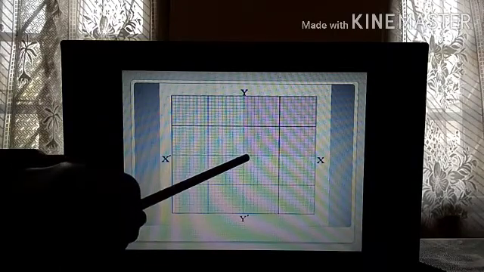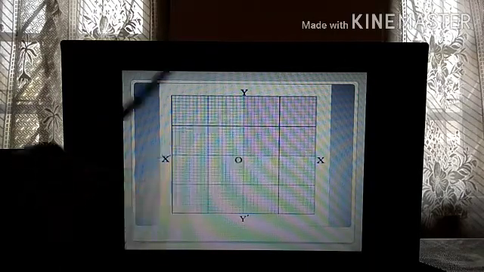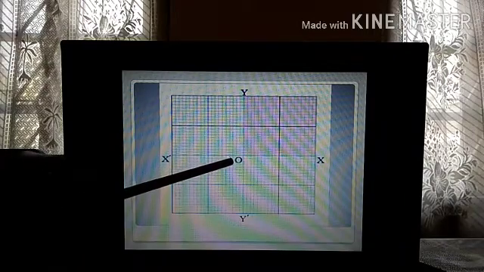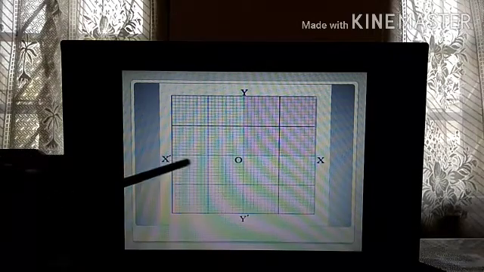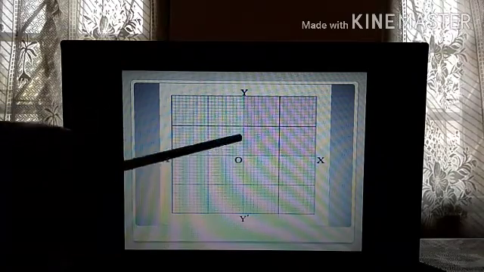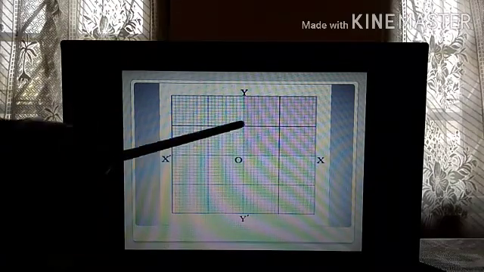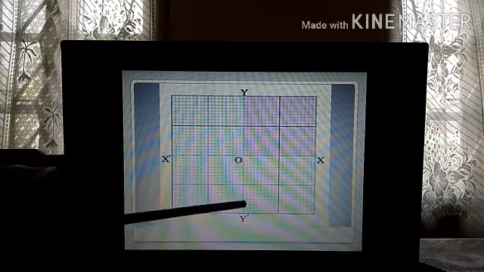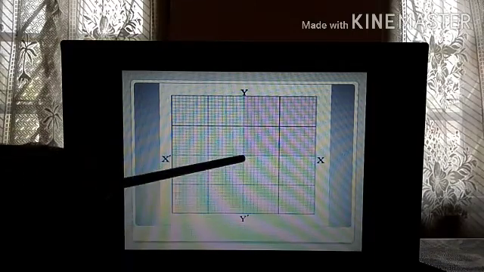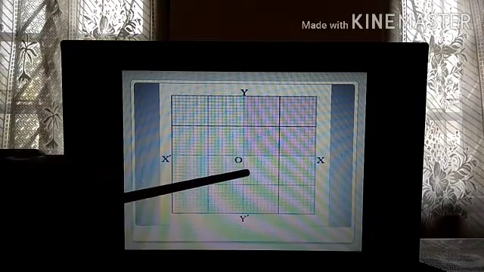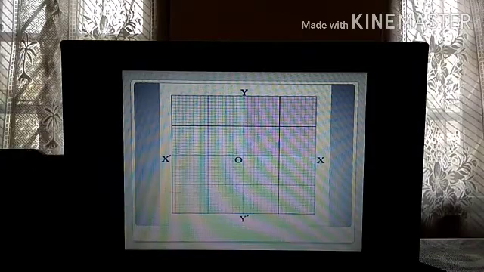That means on this side, suppose you are marking 10, 20, 30, 40. Suppose your graph has values minus 10, minus 20, minus 30, minus 40, you have to mark them on this side. Similarly for the y-axis, suppose you mark 10, 20, 30, 40 above, then below OY' you have to mark the negative values: minus 10, minus 20, minus 30, minus 40, that way. So this is how you draw the graph.